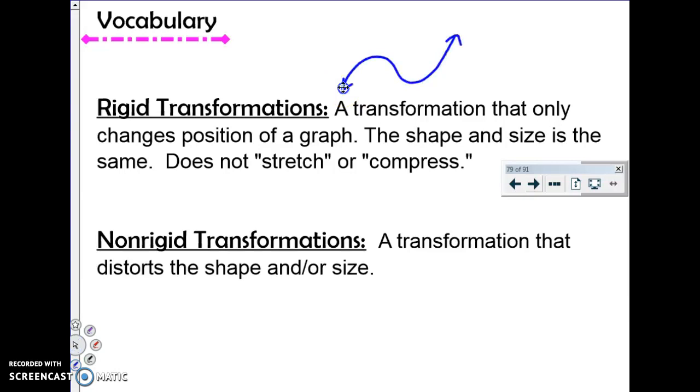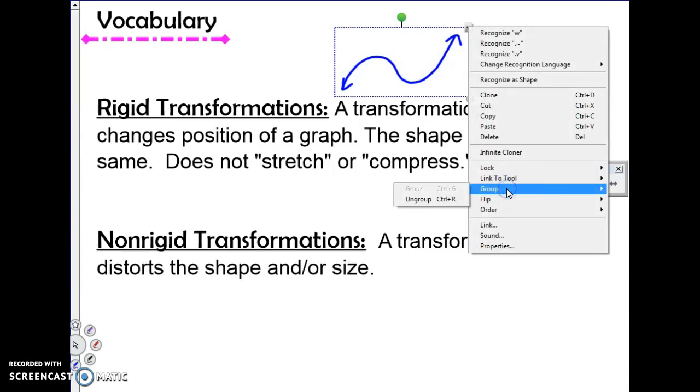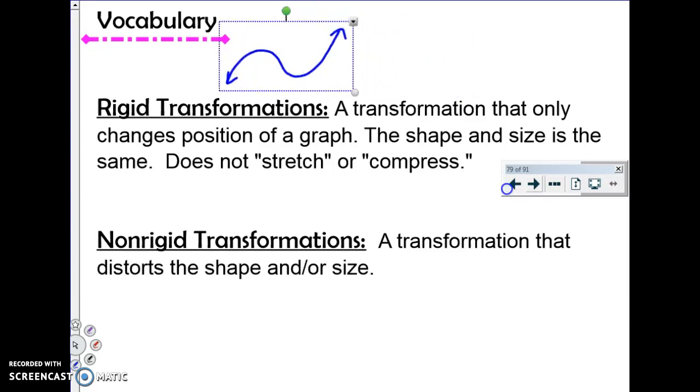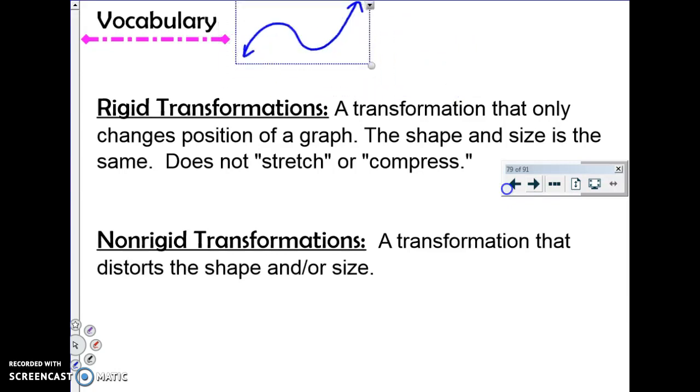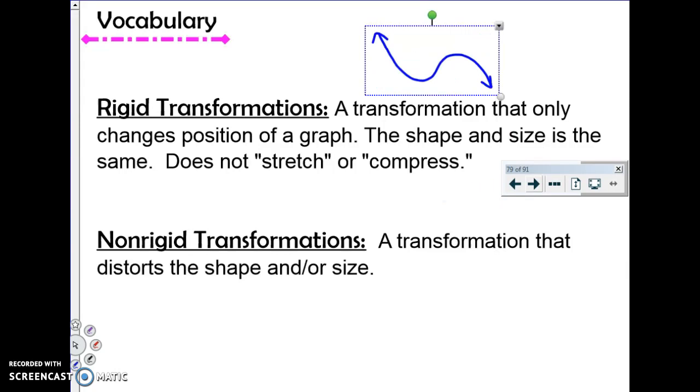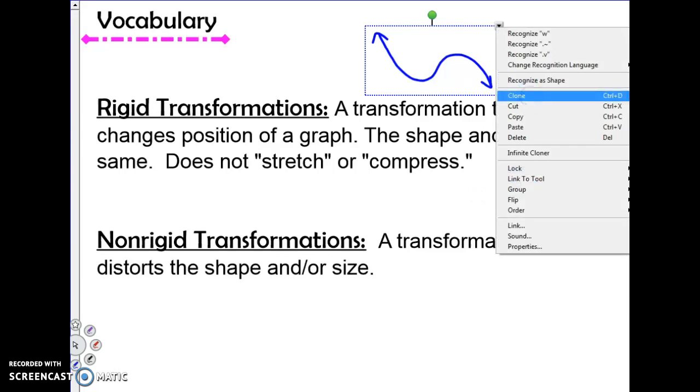So if you have something that looks like this, this is just a random cubic. This is not the parent function of x cubed. But if I took this and I shifted it horizontally, this would be considered rigid. If I shifted it vertically, it's a rigid transformation. Even if I flipped it, this is considered rigid because even though it's going different directions now, it's still the same shape and the same size. A non-rigid transformation is when you take a function